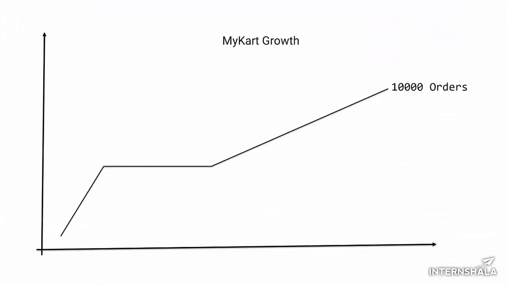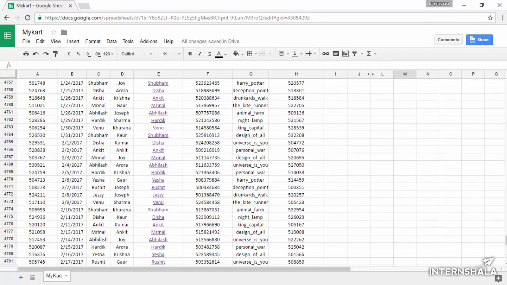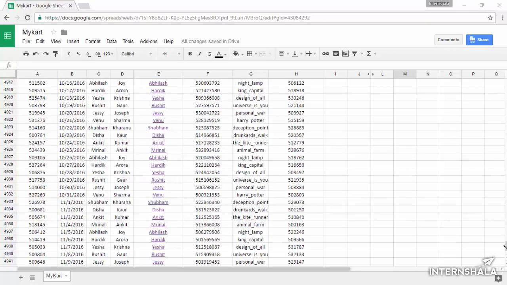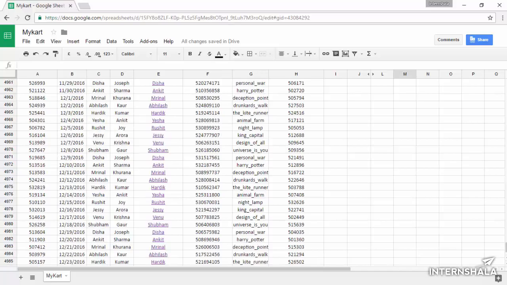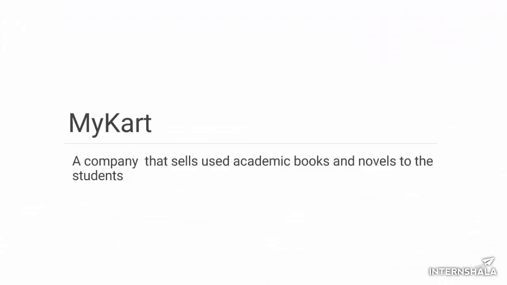You managed to make a database of 5,000 users with over 10,000 orders. Now you plan to expand your company across the country. And you know you would need a full-fledged website for this. You also raised a first round of funding for your business. Congratulations. One day, when you were going through your database, you sensed something was not correct. Let's have a look at the problems you could be facing.